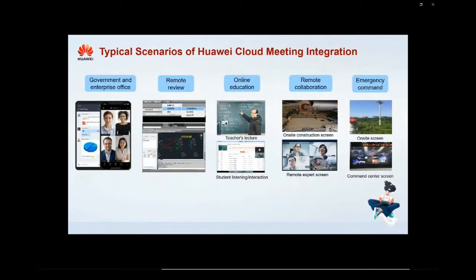Next, here we can see the typical application scenarios of Huawei Cloud Meeting integration.